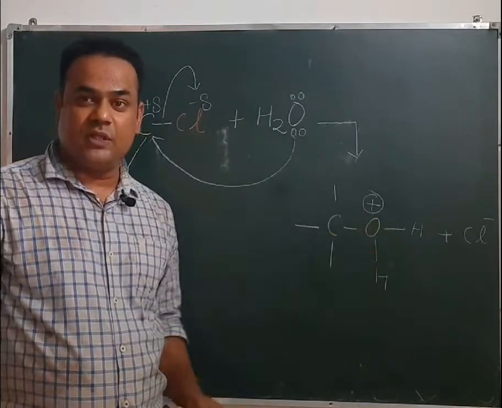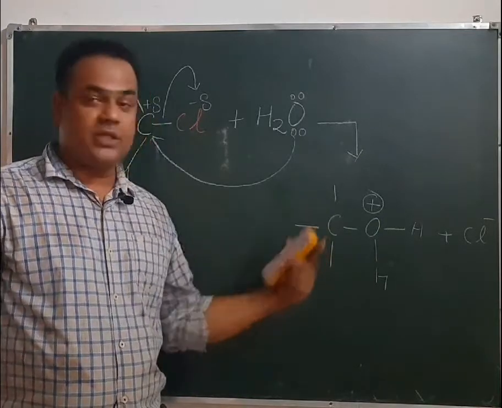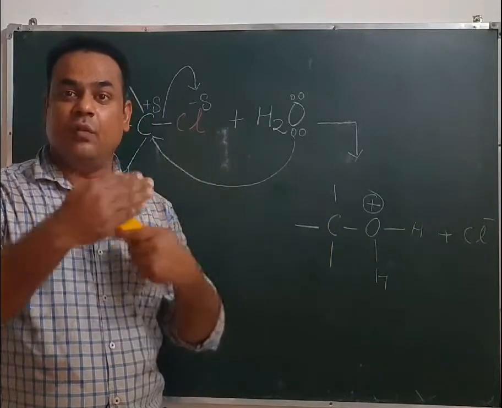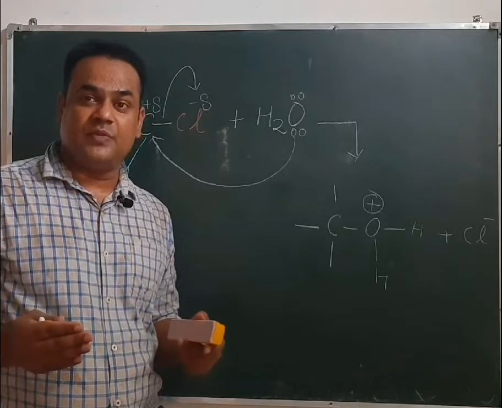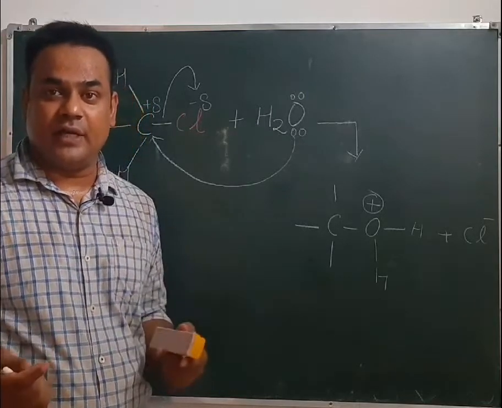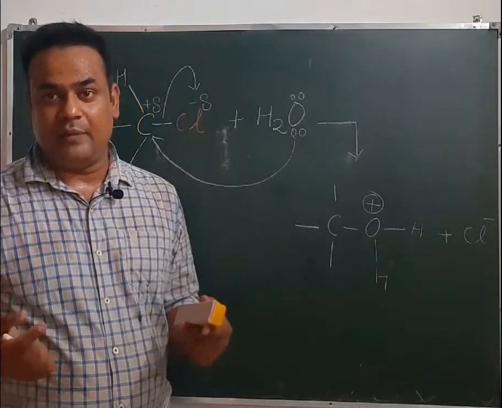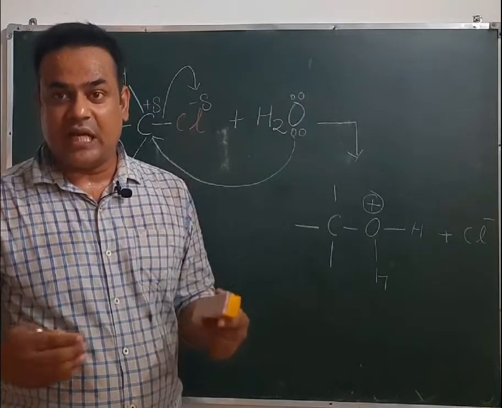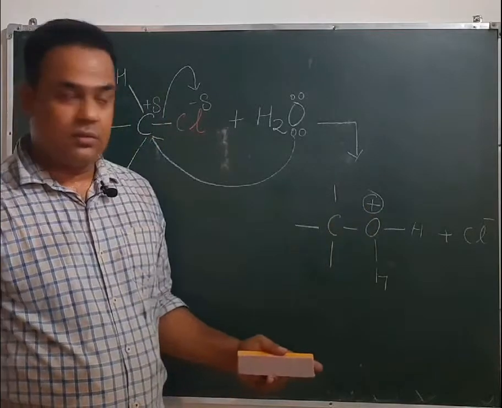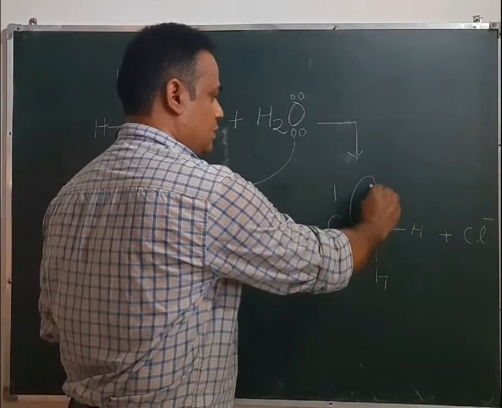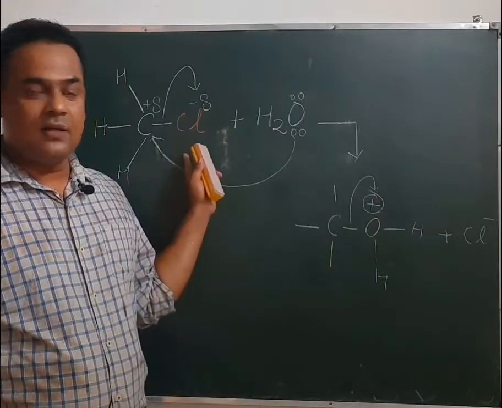Because of this positive charge, it was already electronegative, and now it is acquiring a positive charge, so its electronegativity has increased many fold. In normal chemistry language we say that a positive charge is highly unstable on a highly electronegative element, but the meaning is the same: when a highly electronegative element acquires a positive charge, its hunger for electrons will increase. So what will happen? It will break the bond. So it breaks this bond, and then again we will get the same compound.